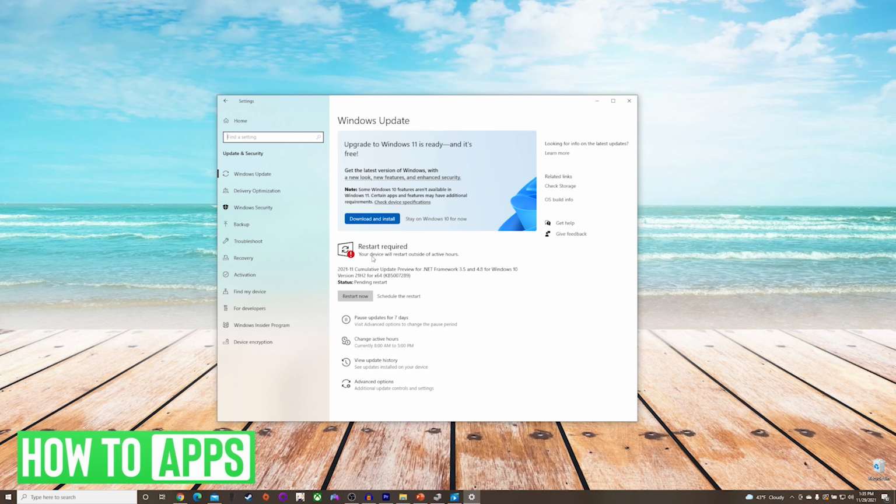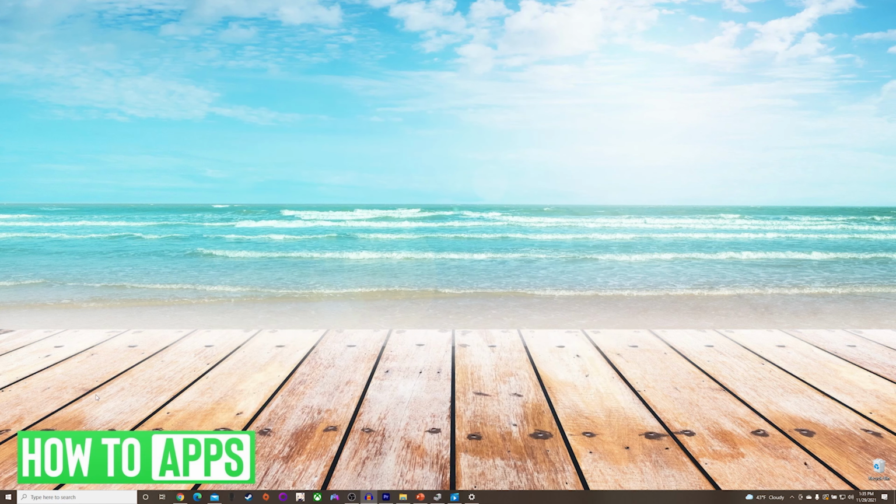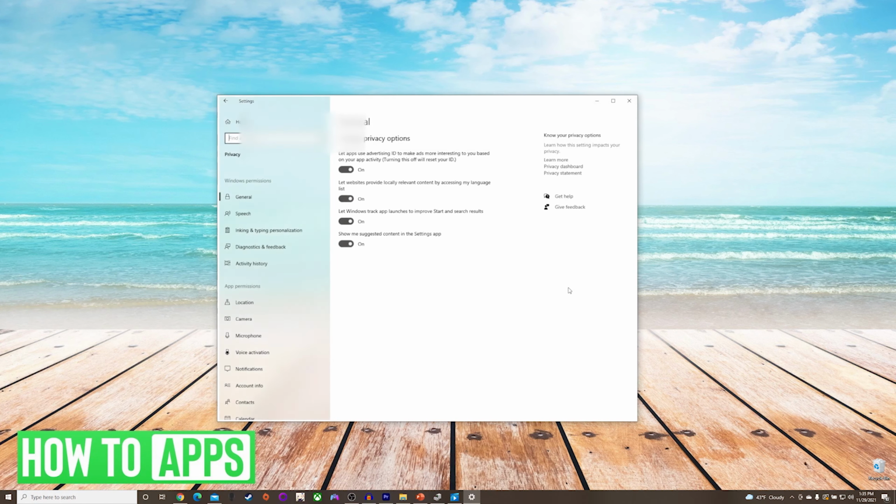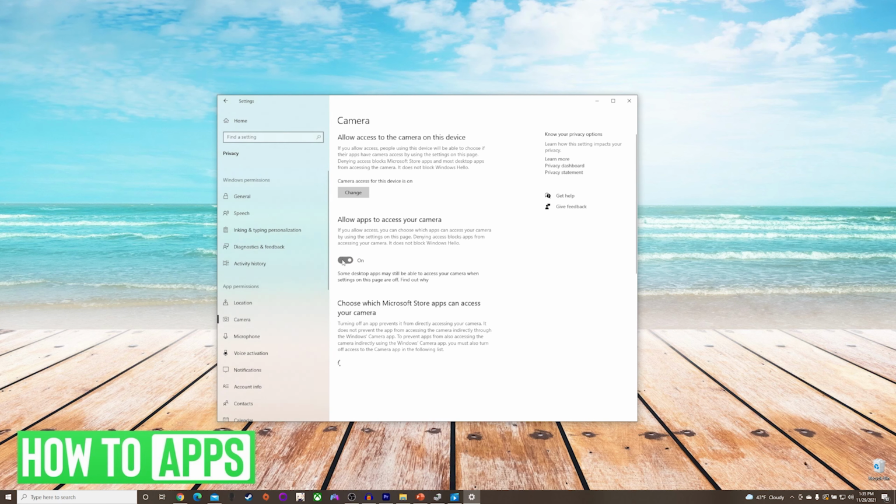we will close out of this. We will go back down to our Start menu and press Settings. From here, we will press on Privacy, and then we will press Camera on the left. On this screen, you want to make sure that Allow apps to access your camera is toggled on, and then